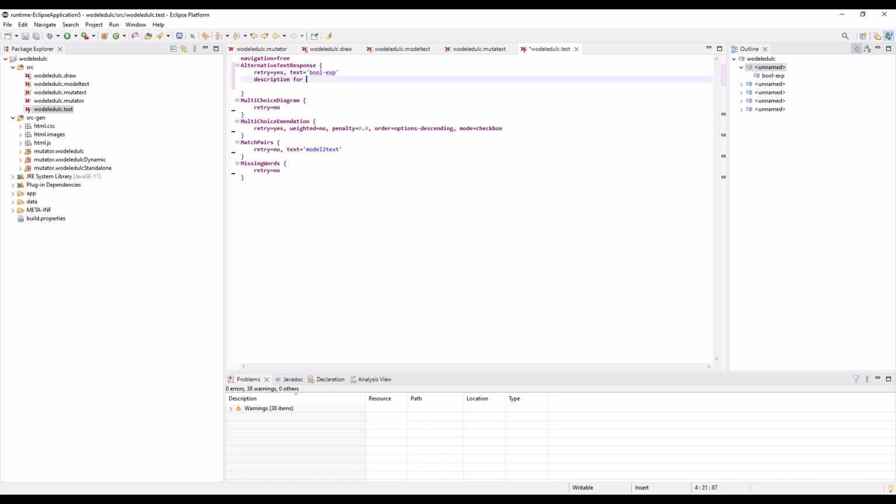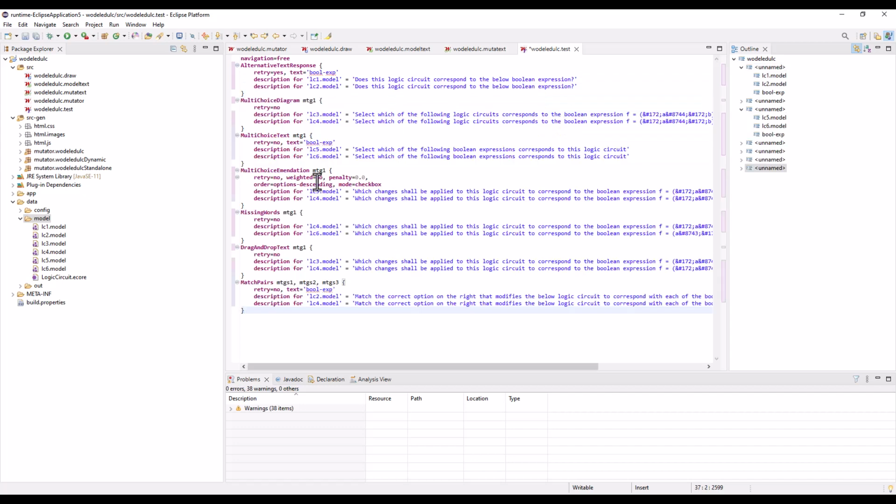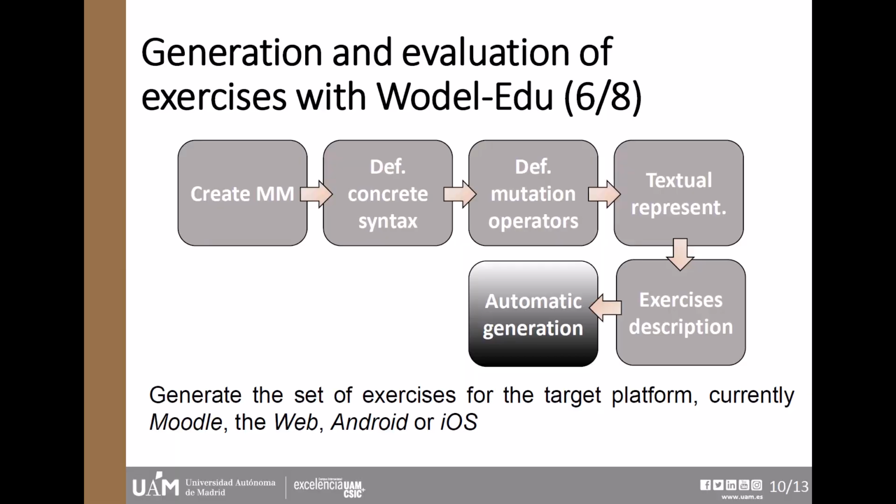We define here for the corresponding domain models which statement has each of the exercises. For example, does this logic circuit correspond to the below Boolean expression? In this case, the Boolean expression is automatically calculated by this alternative textual representation extension point, and we complete the specification. We save it, and after that the professor can automatically generate the